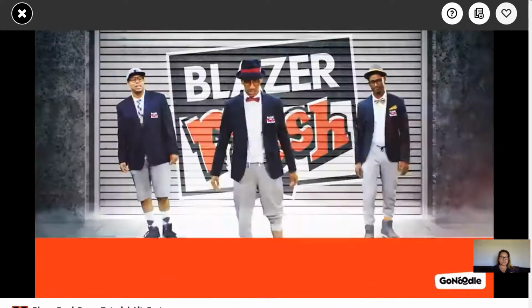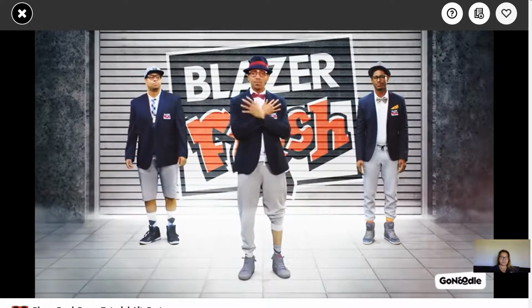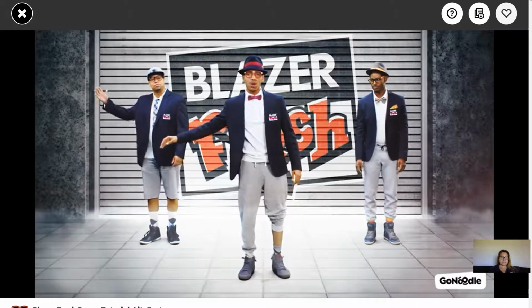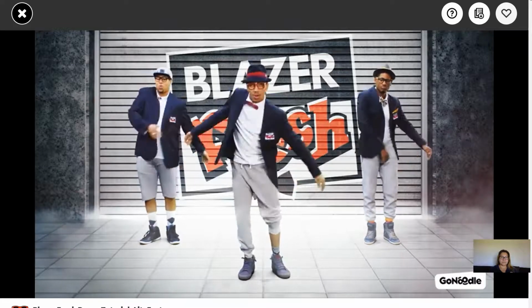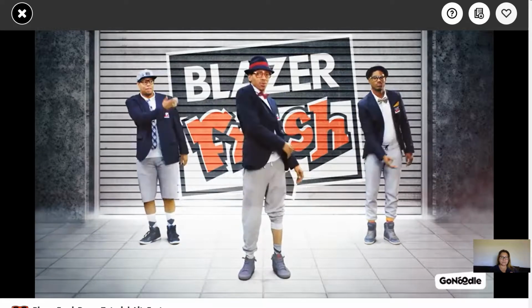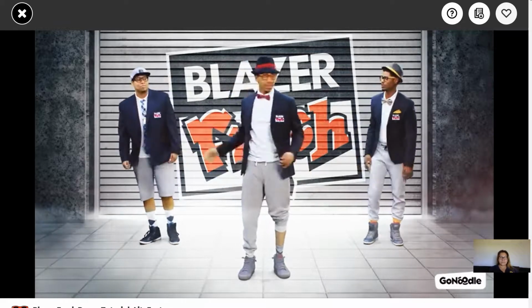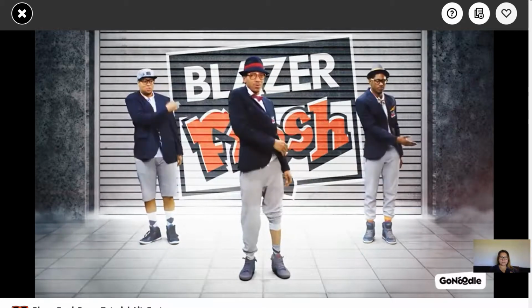So get your shoulders ready, and let's do it. So we're going to start with the first moves. It's more upper body movement. So we're going to do like a scoop likeness with the arm and throw our shoulder up in this manner, like this. Boom, boom, boom, boom. All right, so we're gonna try it again. You guys ready? Ready to do it again? Got it? Okay, so we scoop, boom,